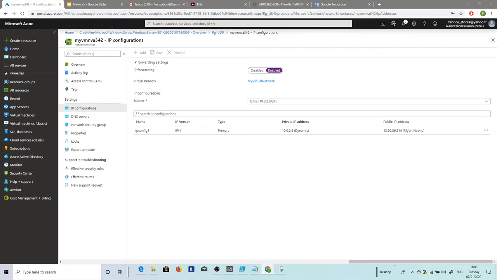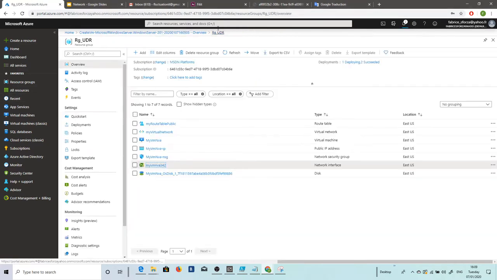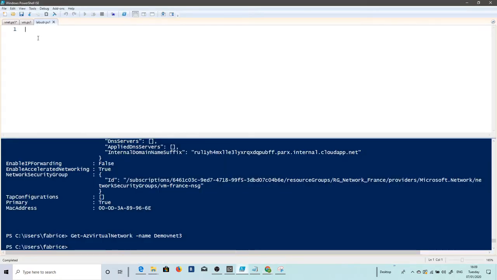Okay, so I need to create my public VM. I can do it by PowerShell if I want. It's very simple, so let's do it by PowerShell for this one. So I need my virtual network name. If we go back here, it will be my virtual network, this one. Let's do it by PowerShell, it will be faster. So I will do New-AzVM,